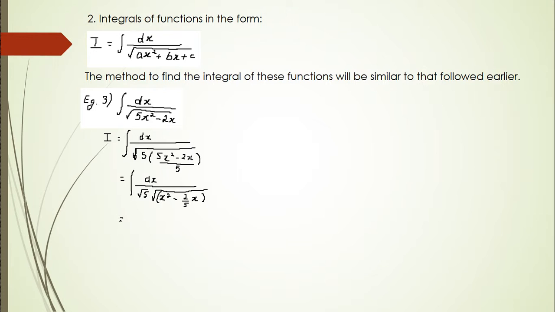Now 1 by root 5 is a constant, so I can take it out of the integral, so I'll get 1 by root 5 integral